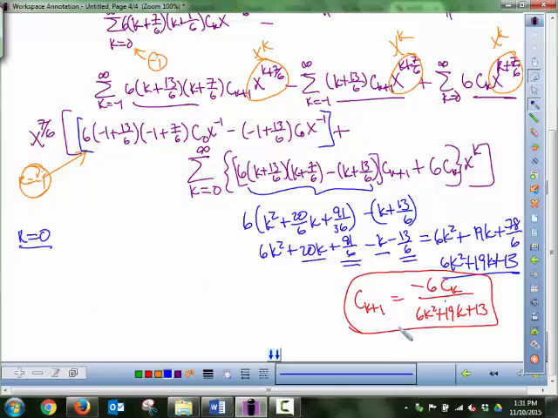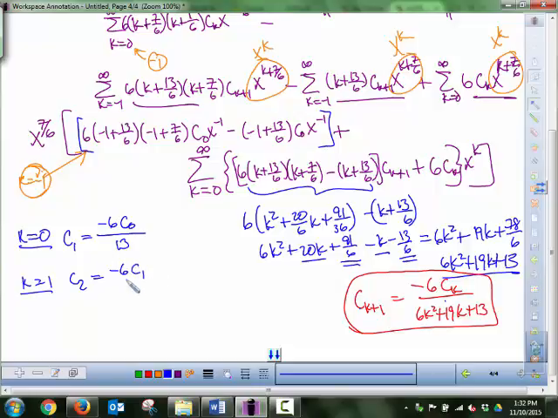So we'll use this relationship to figure out our c sub 1, c sub 2, c sub 3 in terms of c sub 0. So we got c sub 0 plus 1 is equal to negative 6 c sub 0 divided by, k is equal to 0, I just got 13 there. So that's my c sub 1. c sub 2, whoops, k is equal to 2. No, k is equal to 1. I have c sub 1 plus 1, so that's c sub 2. Negative 6 c sub 1 divided by,